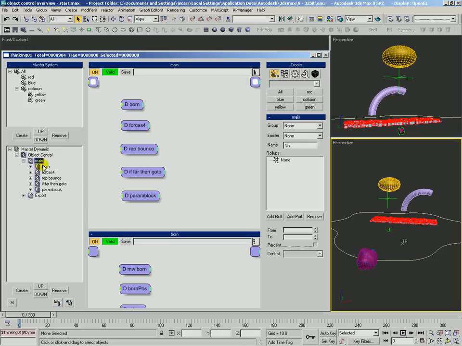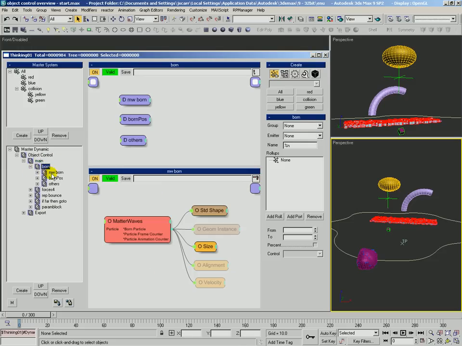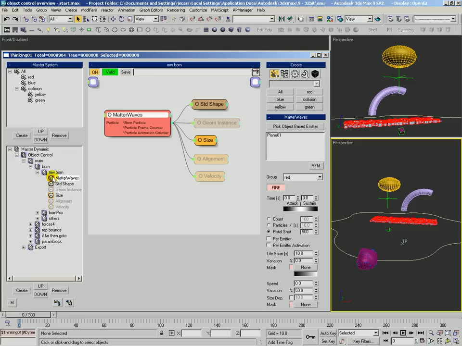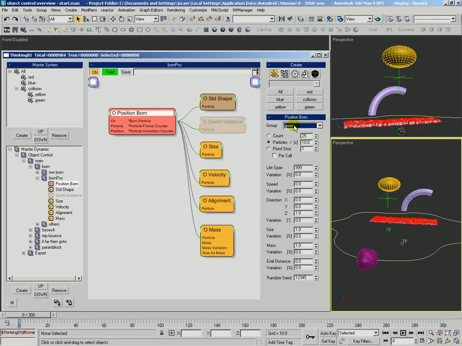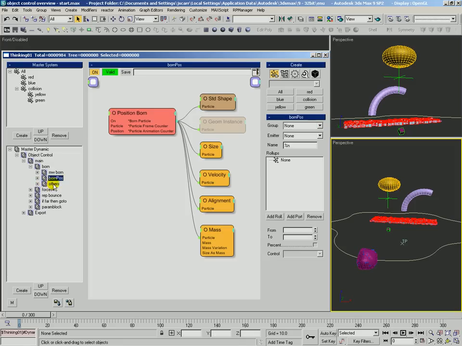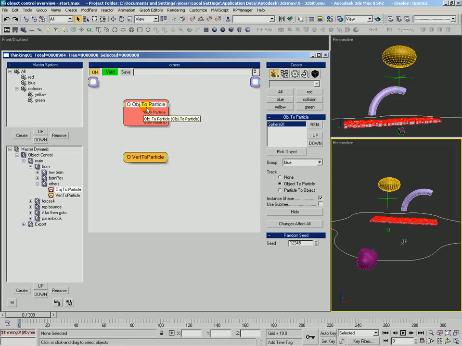We've got several rules here. We've got dynamic set for borning particles. Here, this first one, matter wave born, we're just going to born some red particles on this plane and have them sit there. We're going to modify them later. We've got a born position. It's going to give birth to some green particles right here. We're going to use those to shoot up, and they're going to hit these yellow particles up here and deform that sphere. Then we've got an others rule,